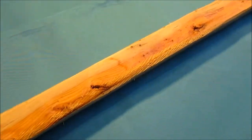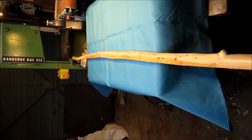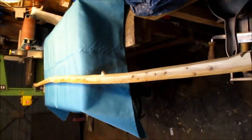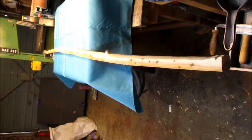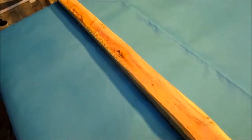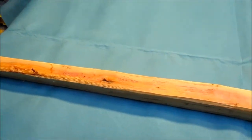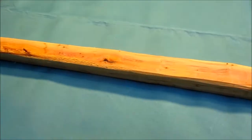I have got a still pic of what it was like when I started, which I'll post at the end of the final video showing her before and after. But you can see she's still got that hint of deflex going on, and it may well pull out more as I tiller the bow. Once it's about three-quarters finished, say it's braced and pulling 20 inches or so, then I can see about straightening it some more,